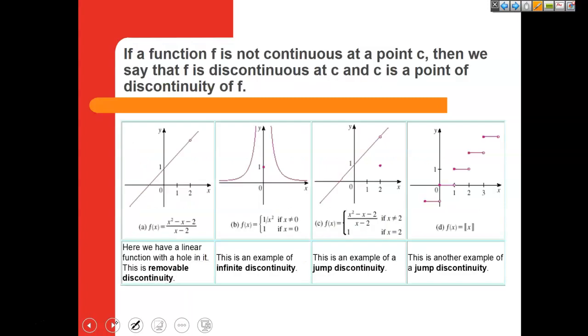Here are 4 examples of discontinuity. In these examples, we have a function continuous from different points and in different areas. The first example here is an example of removable discontinuity. If you were to factor the numerator and factor the denominator, this is where a piece cancels. In this example, if you factor x squared minus x minus 2,